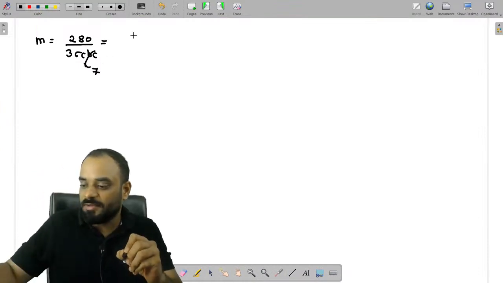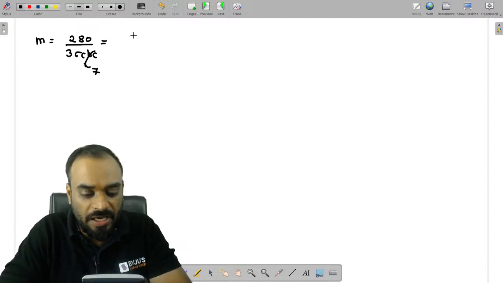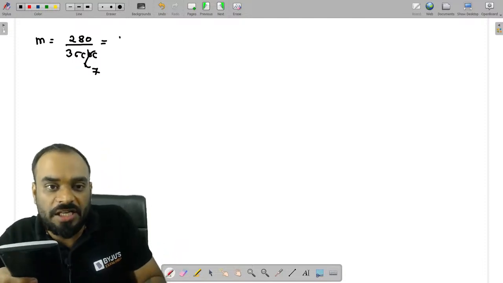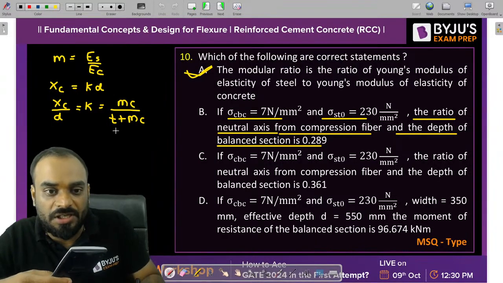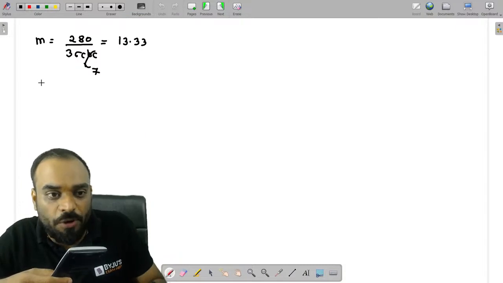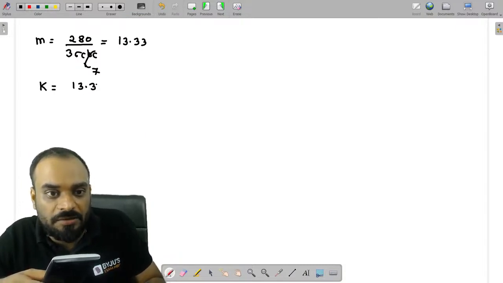So how much are you getting? How much are you getting as a modular ratio? It is coming around 13.33, correct? 13.33, okay. Now let's put 13.33 to calculate the value of K. So it is 13.33